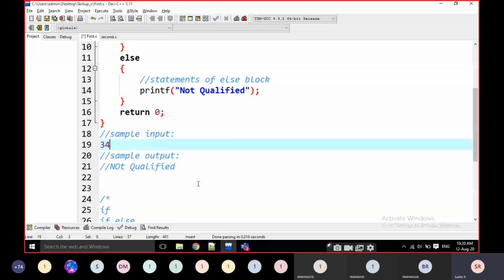I am writing some slashes in the notebook. Don't write those slashes. I am writing them because I am going to comment it. When you are writing in the notebook, no need. Sample input 34, not qualified. Only one block is executed, right? This block is executed, not this block. If this block is executed, this block is never executed.